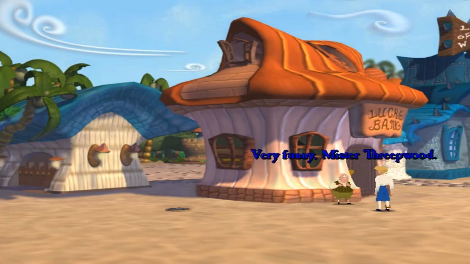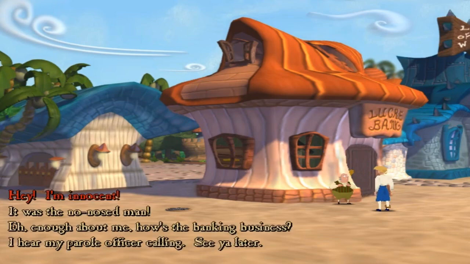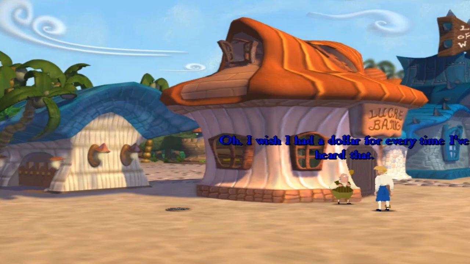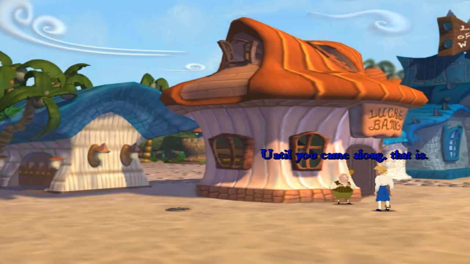Hey there, moneybags. Very funny, Mr. Threepwood. Are you enjoying the money you stole? Hey, I'm innocent. Yes, right. And I'm a 20-carat brooch. It was the one-armed man. Well, I wish I had $1 for every time I've heard that. Of course, I used to. Until you came along, that is. Now,